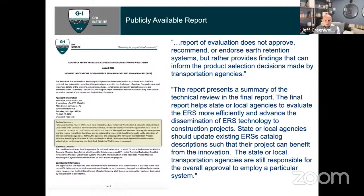Yeah, so what's in the protocol, the real heart of that protocol, is the checklist, which is the table of contents. So the earth retaining wall supplier puts that information in that table of contents. And then basically the reviewers say, does this meet AASHTO requirements? Does this have the right quality assurance provisions? Does this have the right details and testing? Not to approve, but to make sure that the product has the right information so a decision can be made